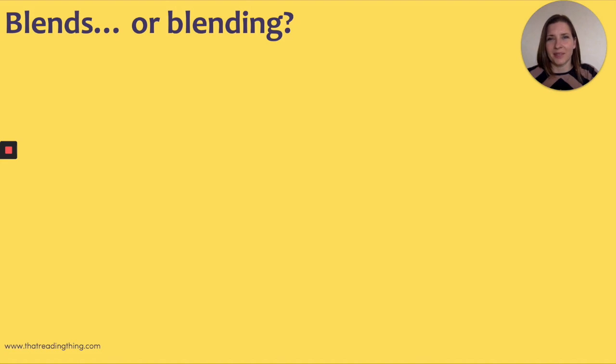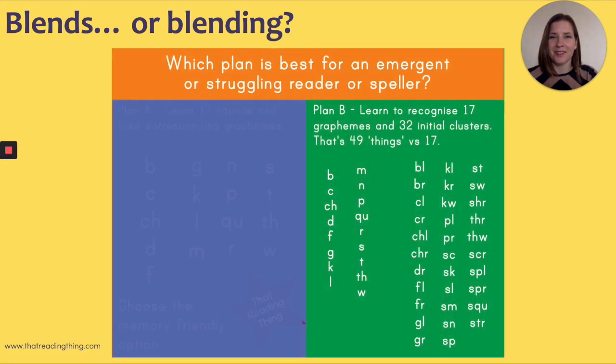So we're going to teach them blends or blending. One's a noun, one's a verb. I really like this graphic from That Reading Thing, and this is used with permission from Tricia Miller. So she's made this infographic which says we could teach our learners to recognise 17 graphemes, that's these green ones on the left here,